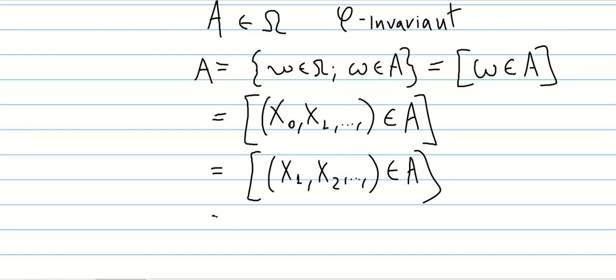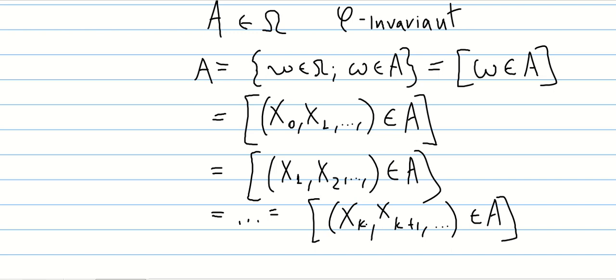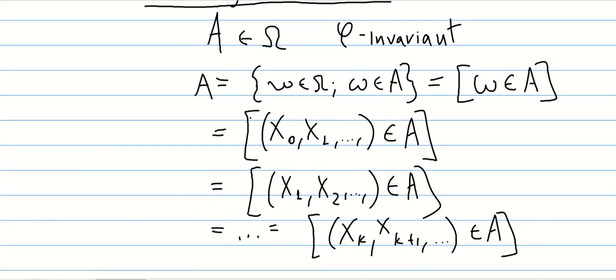And we can even repeat this many times until we get to xk, xk plus 1, and so on, belongs to A. So it seems like we did nothing here, but we just wrote A in a strange way